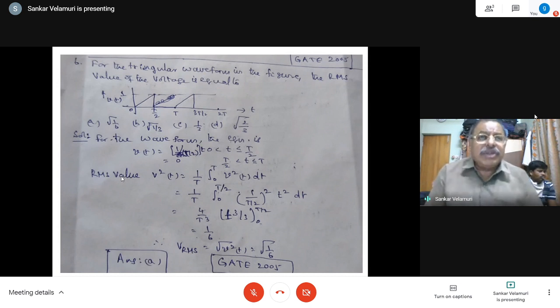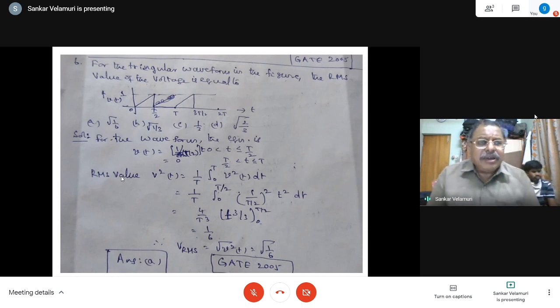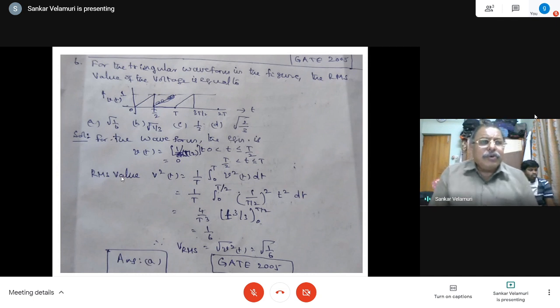Yesterday we discussed DC circuits, KCL, KVL and source transformation to some extent. Today I have discussed magnetic circuits and the basic series and parallel connections of capacitive circuits. In magnetic circuits I have discussed mutual inductance properties also: series aiding, series opposition, and the parallel case. I have just given the formula and solved some simple problems which are sometimes given in GATE or non-GATE examinations, other competitive examinations.